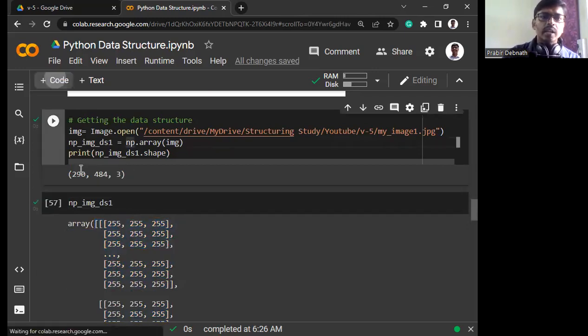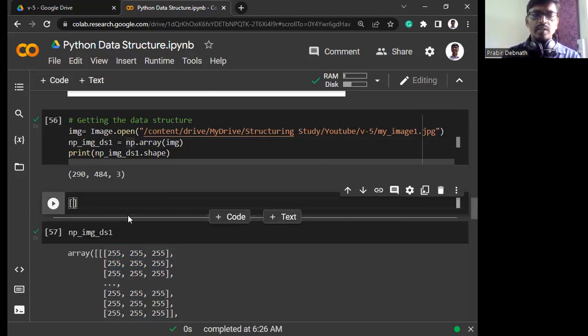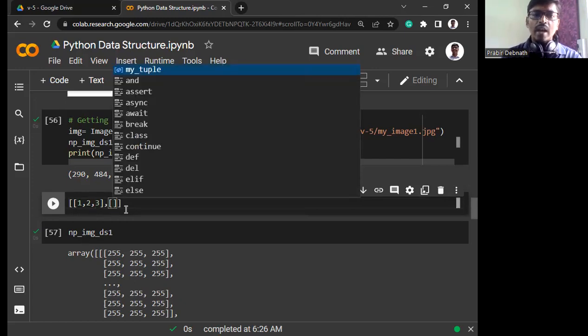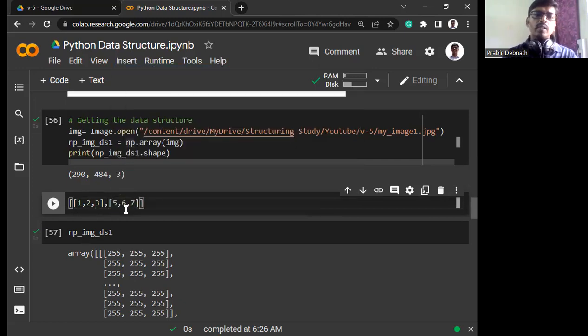Say if I take one code cell here, then write 1, 2, 3. So this is a one-dimensional array or one-dimensional list, because inside one bracket means one packet. A bracket we can understand as a packet. So inside one packet we have the elements, and if I put one bracket here, another closing bracket here, then put a comma here, then again another bracket or packet, then 5, 6, 7, then what I'm getting